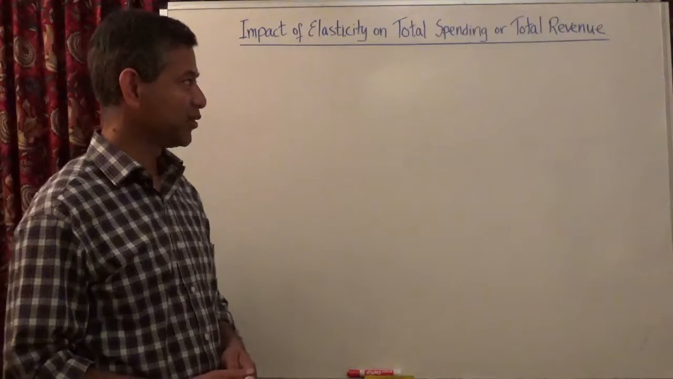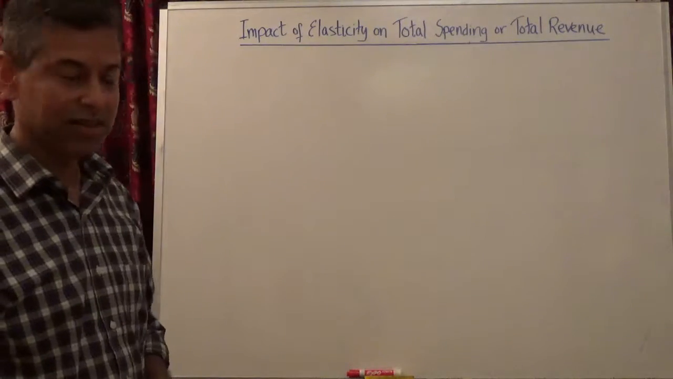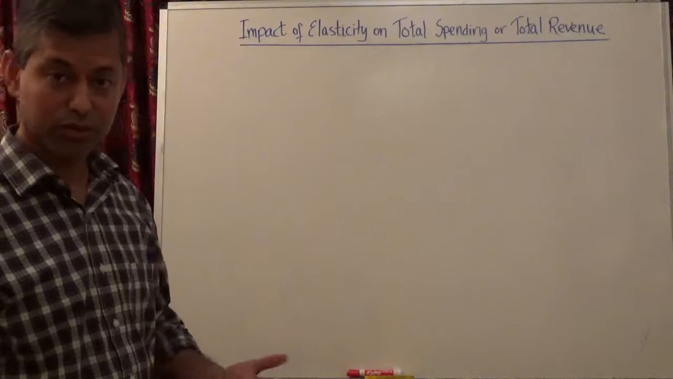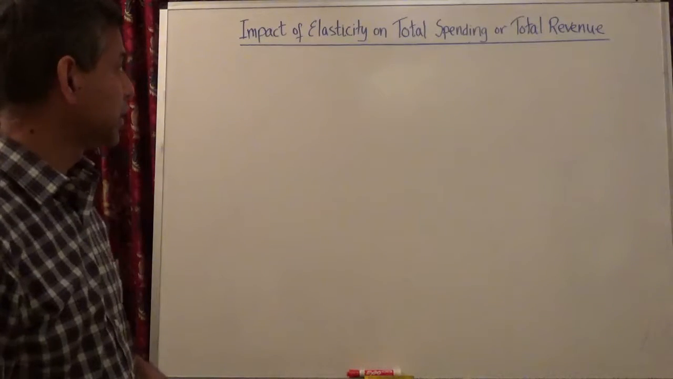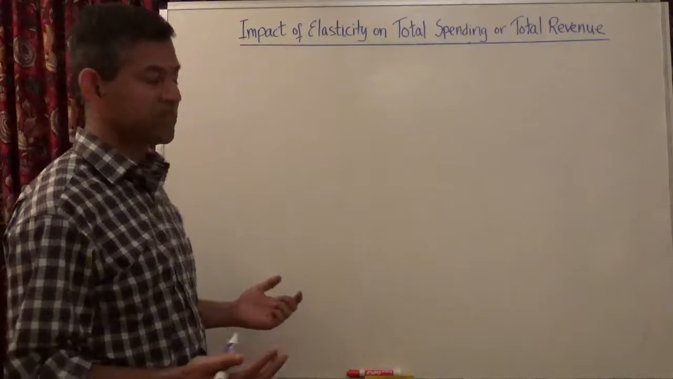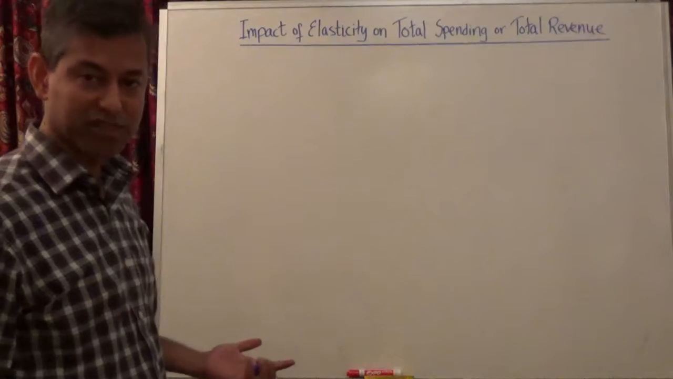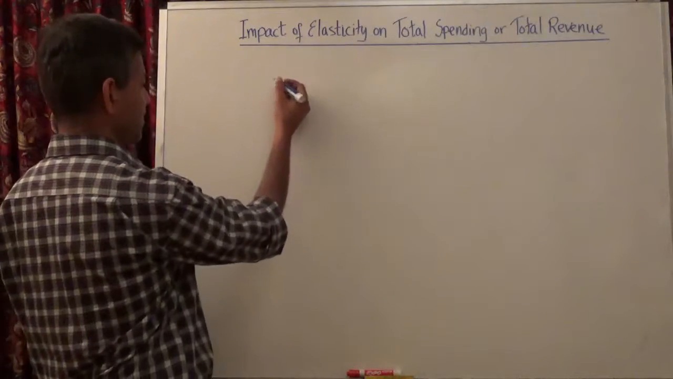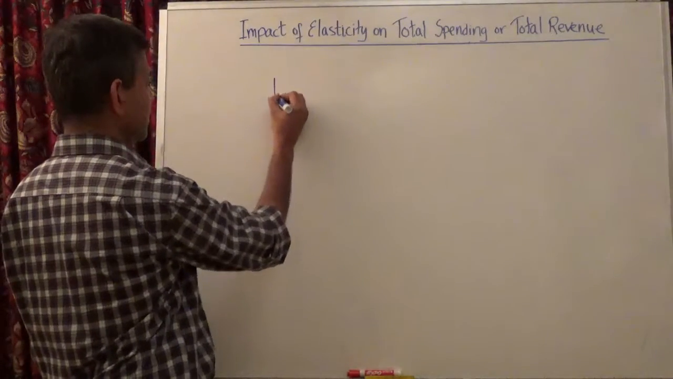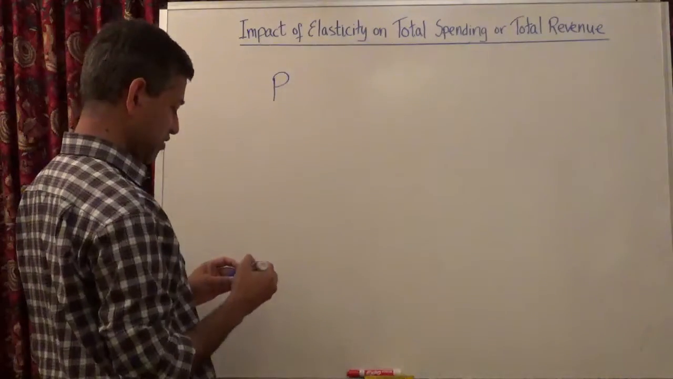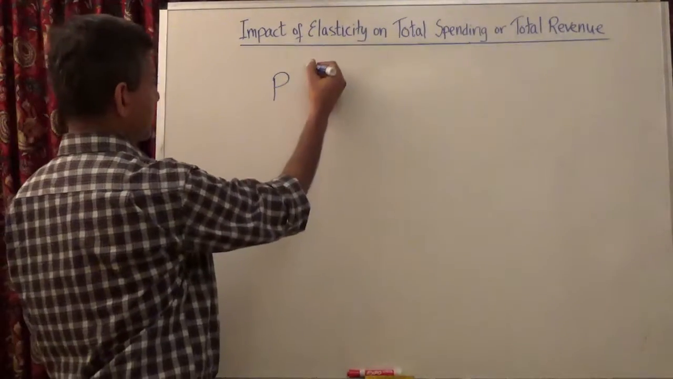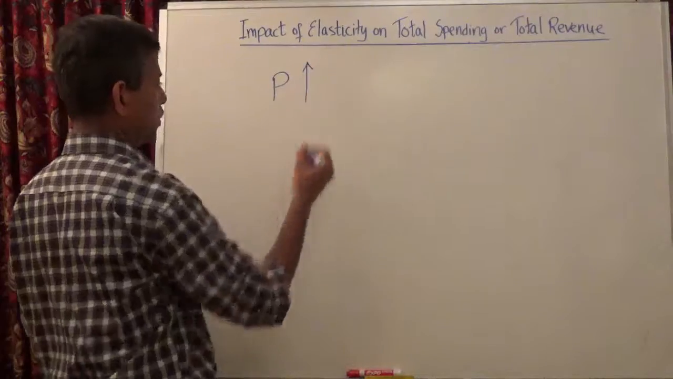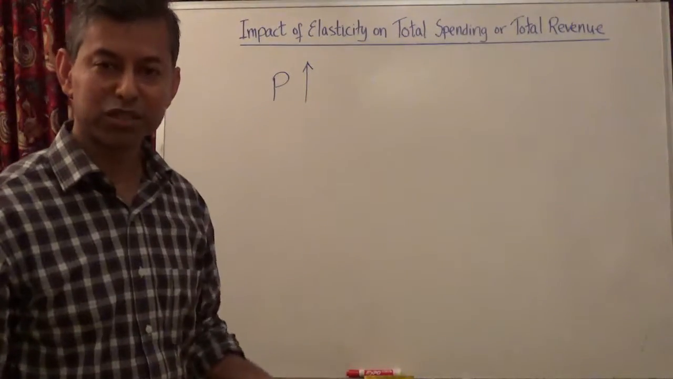Hi, in this video we'll look at how elasticity affects total spending or total revenue from the seller's standpoint. Think of a scenario where a product has become more expensive. You can relate to personal examples that come to mind. So let's say price has gone up, and so we're wondering what will end up happening to our total spending